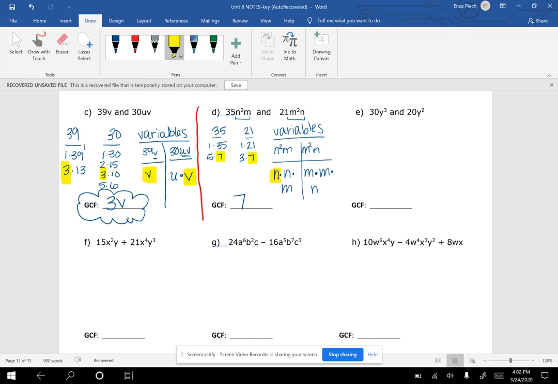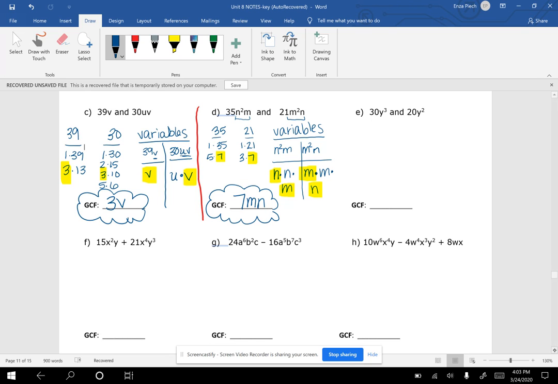Well, I can highlight at least one n, and I can highlight at least one m. So I need to include both of those. So I'm going to have 7mn,